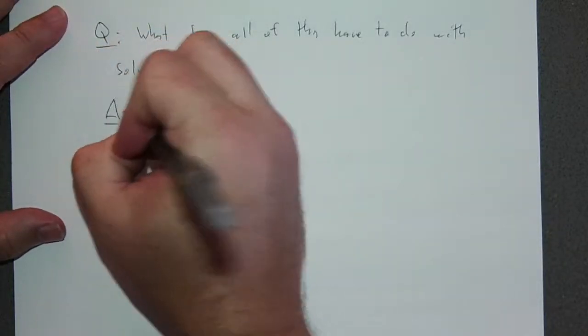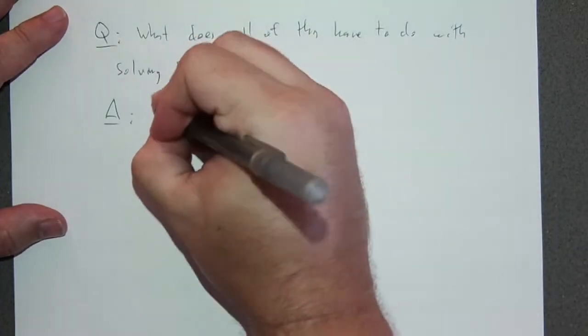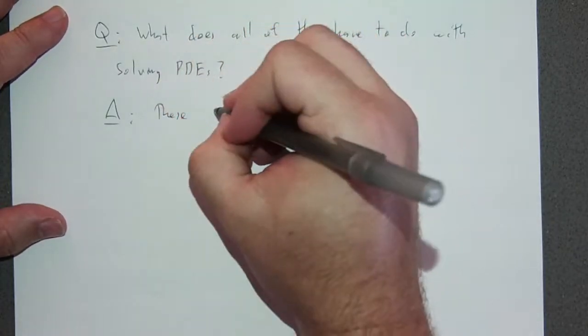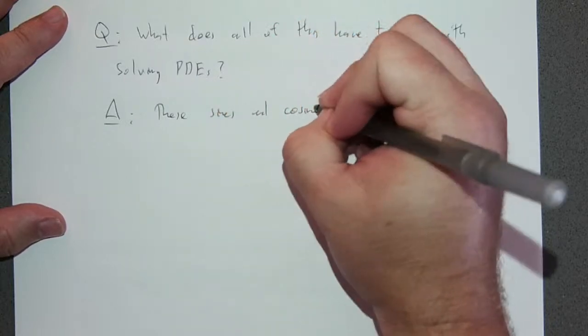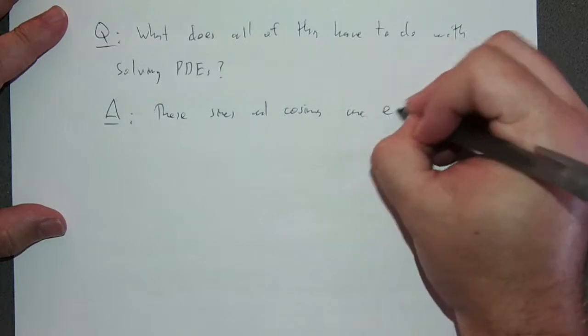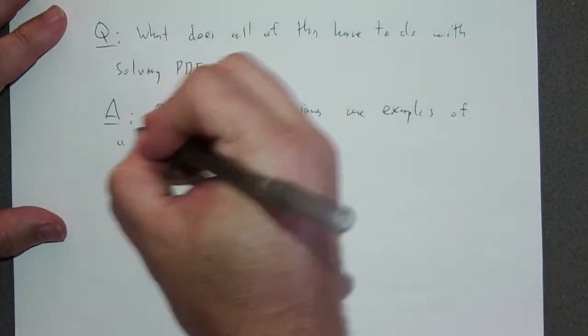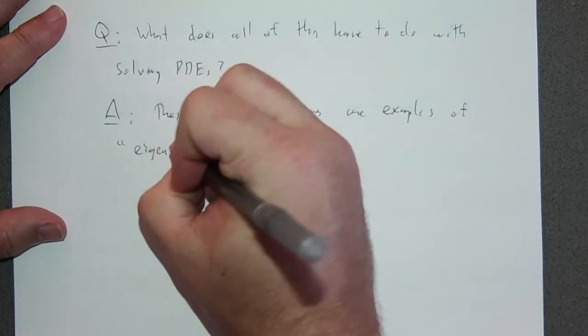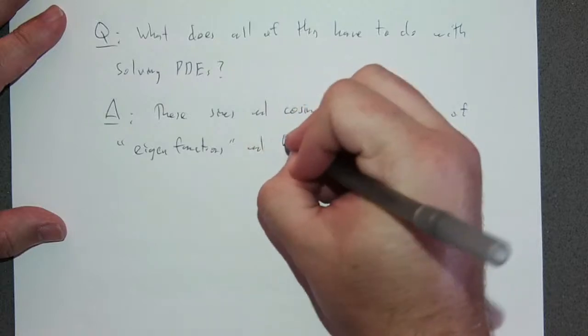The answer is that these sines and cosines are examples of eigenfunctions and have properties